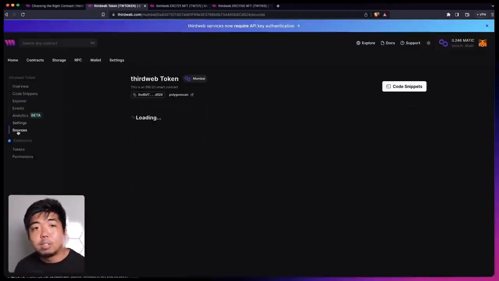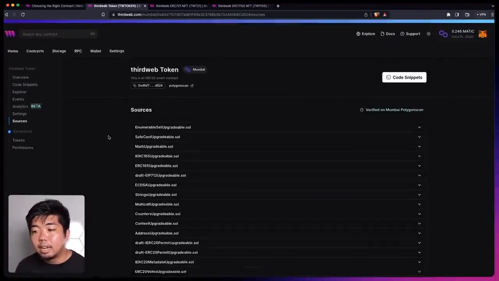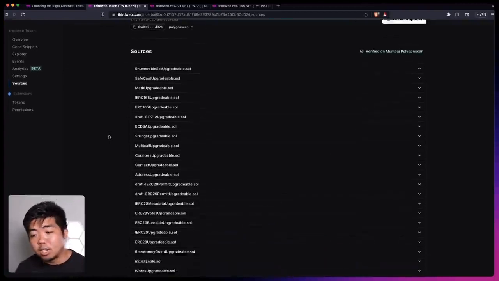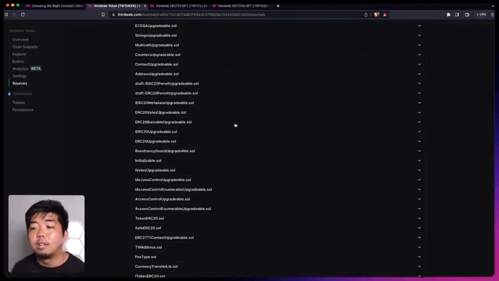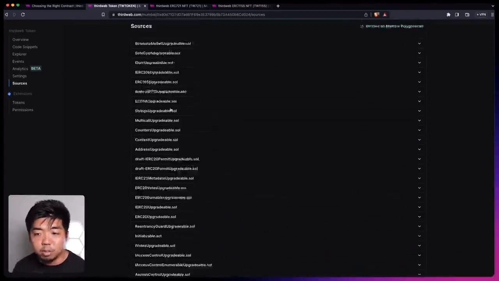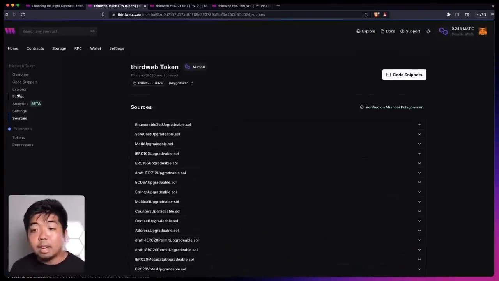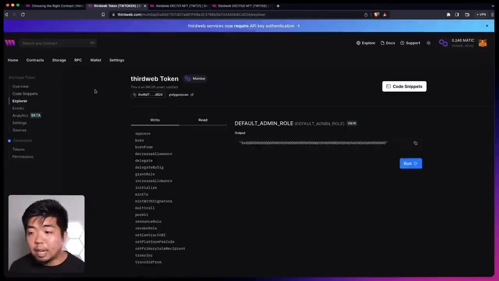Down below that is sources. And this is, again, the source code for your smart contract. You can see all the source code files and take a look at them if you choose to do so. And then lastly, we'll come back up to the Explorer tab here. And the Explorer